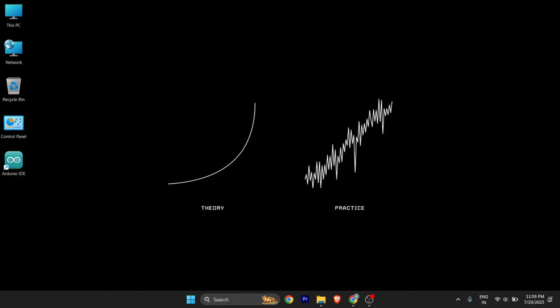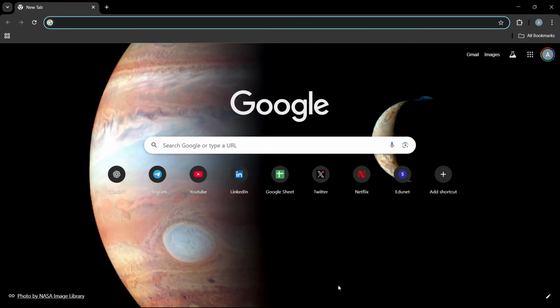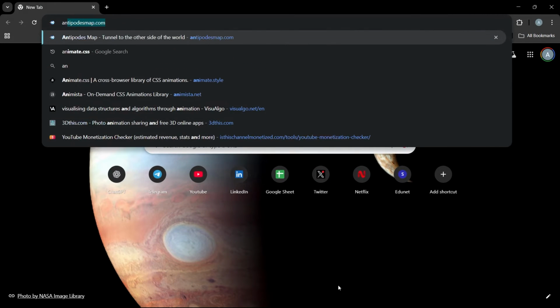In this quick tutorial, I'm going to show you how you can make a simple animation of a bouncing ball with CSS. Now, in order to do it, you don't need to write any code. Just simply open any of the browsers you have, and here you have to search for